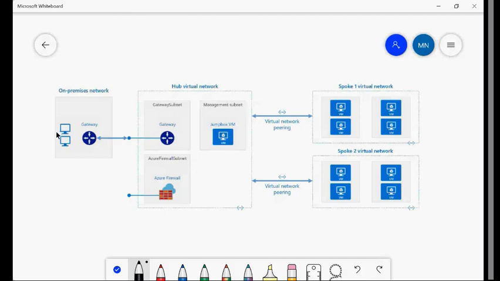For example, a VM coming from on-premises wants to talk to a VM in the spoke VNet. For that purpose, I have to establish connectivity between on-premises and Azure with the help of a VPN gateway or ExpressRoute, and then establish connectivity to another VNet here. So this is VNet 1, VNet 2, and VNet 3. Whichever VNets I want to connect, I can connect, so that this VM can talk to the VM here with the help of peering.